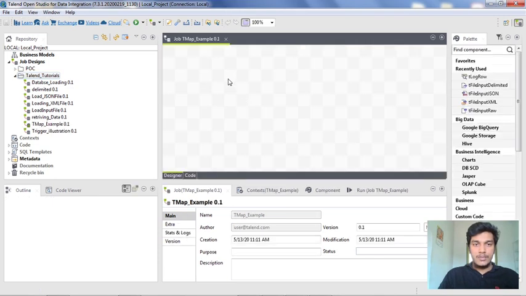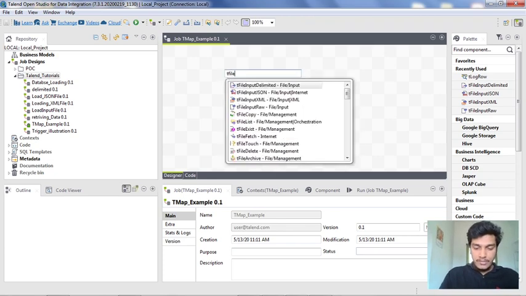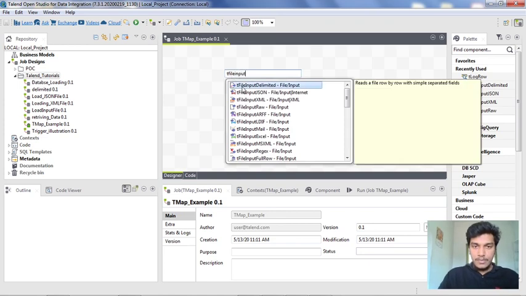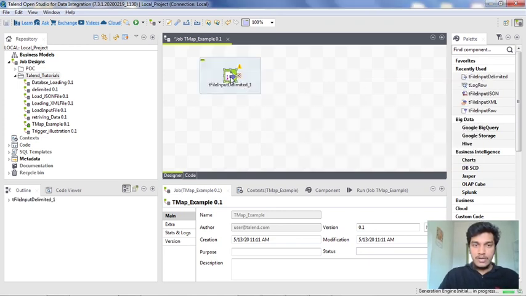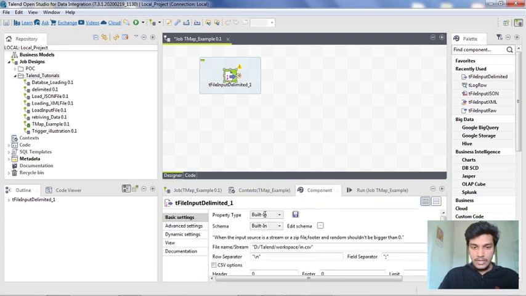The studio is a little bit slow. First of all, we have sample files in a folder in our local system. I am first extracting that data using a tFileInputDelimited component, for loading data from a local system.